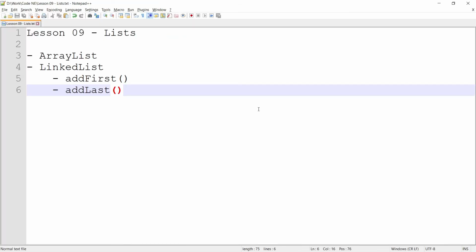So I hope you understood what is array list and what is linked list, and also I hope you will check more methods that are supported by this list. If you have any doubt regarding any of the topics taught today, or regarding any of the other methods that you find while researching about this list, then feel free to comment down below. We will surely try to clear your doubts.